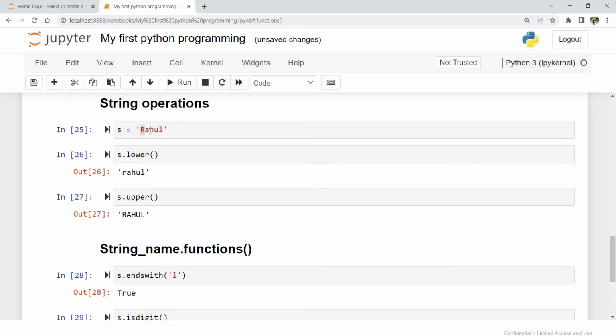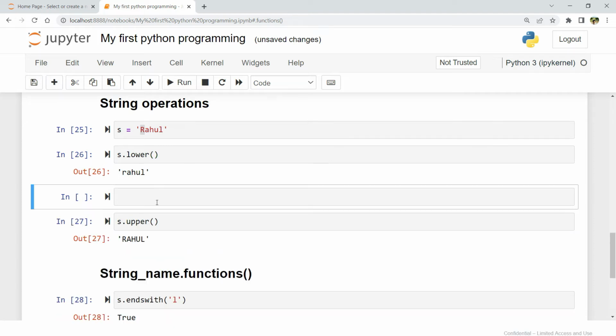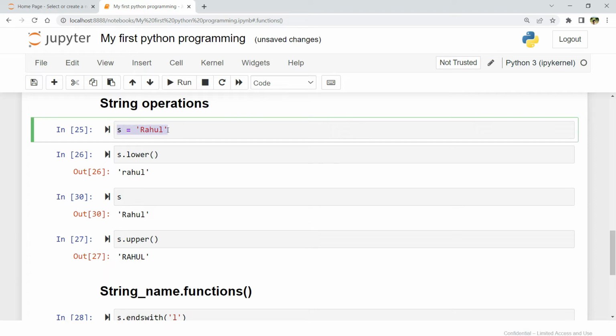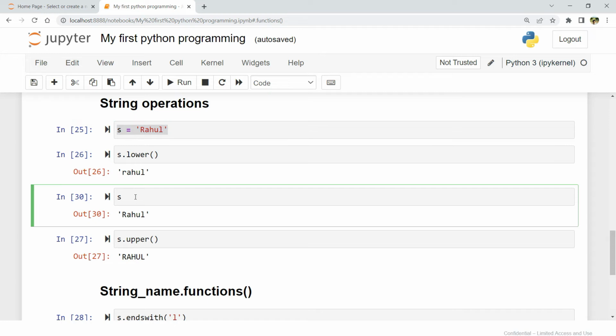What does it mean? Like here s dot lower is Rahul, that's true. But if you want to print s, it still says that it's Rahul, the original string. So the original string cannot be updated, modified or changed. So that is why it is called immutability, an immutable sequence of characters, the string. So if you have to work with the updated version of the string, you have to